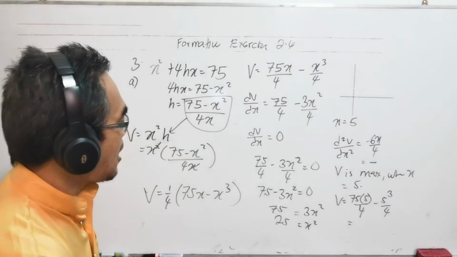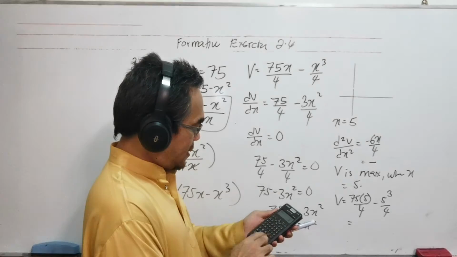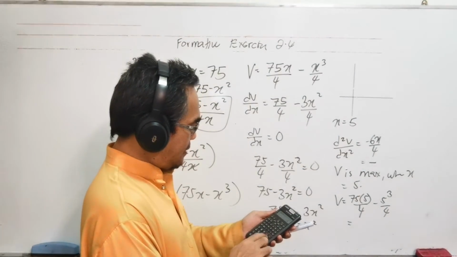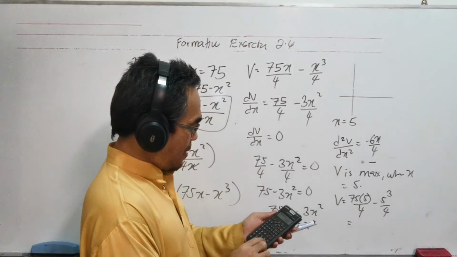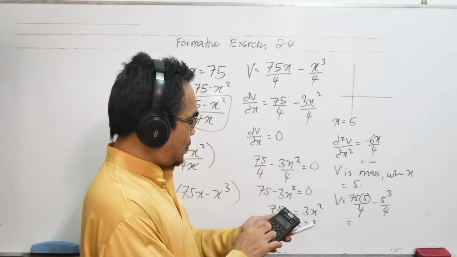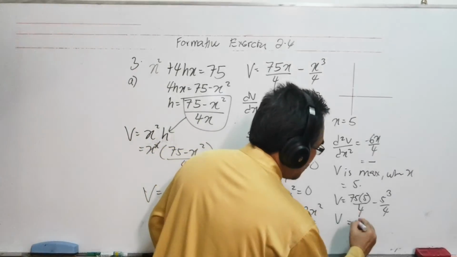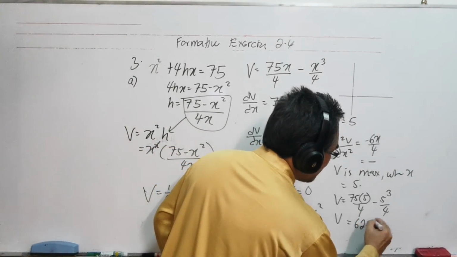This one I have not calculated yet. So 75 times 5 divided by 4 minus 125 over 4, so we have 62.5. So V will be 62.5